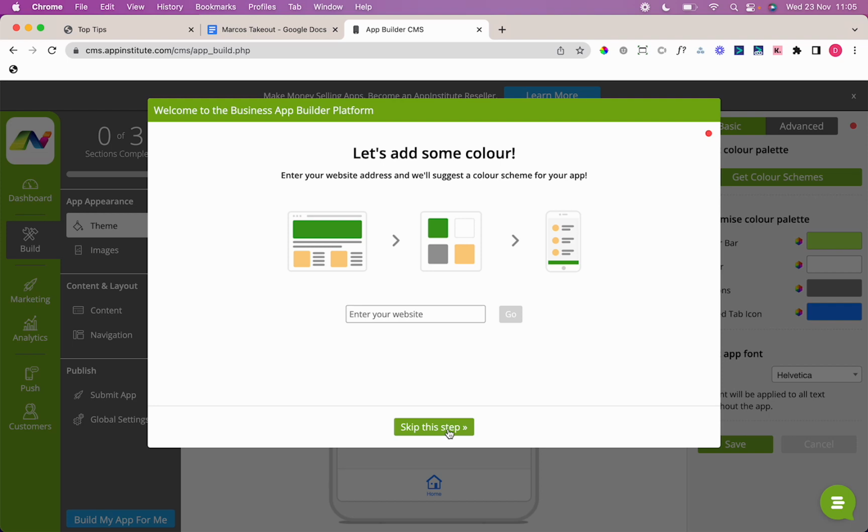If you have a website, you can enter it here. That'll just grab the color scheme from your website, save you having to put in your own color codes. It'll find it and put that suggested palette into the app. I'm going to skip this step for now. I'm making an app for a kind of made up takeaway just for demonstration purposes. So I'm going to skip this step